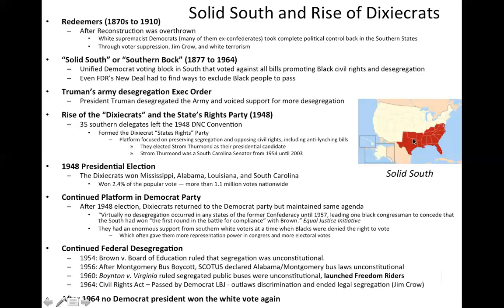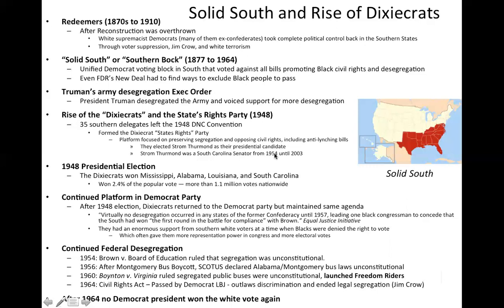But this really started upsetting the Southern voting bloc so much that they created what we call the Dixiecrats, in the '40s and '50s. After 1948, after Truman desegregated the army, they walked out of the Democratic convention and created their own party called the States' Rights Party, and they called themselves Dixiecrats. The Dixiecrats were basically Democrats who opposed any kind of civil rights efforts or desegregation. They elected Strom Thurmond, a senator from South Carolina who served for half a century. I mean, this guy opposed